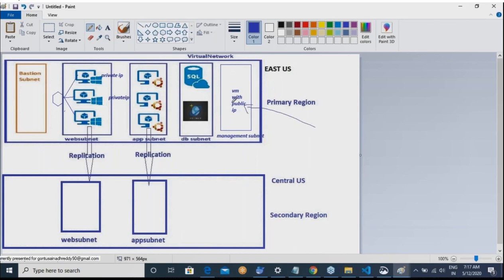And this machine is in the private network. Both are in the same network. So we used to log in into the management subnet, create a VM there, and using that VM try to connect to the other machines in your Azure network. These kind of machines which help in doing that are generally referred to as jump boxes or bastion hosts. Machines in a public subnet which help you connect to machines in the private subnet are considered bastion hosts.